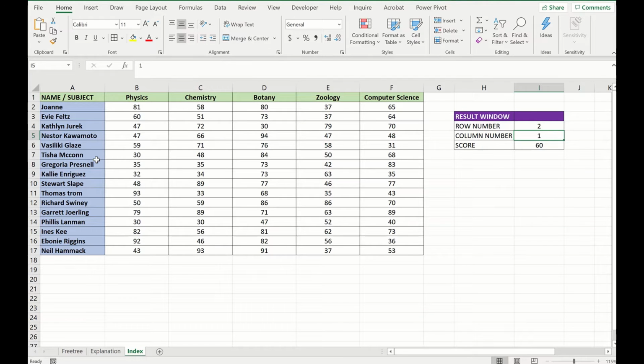Hello all, welcome to Free Tree family. Today we're going to see about the index function. It's a very fundamental function on which we're going to build a lot of layers on top of it using index match and other index functions. So it's very imperative that you see this function properly, so I'll take time to explain this slowly. Please listen to this again and again until you are clear with these concepts. So let's delve into it.